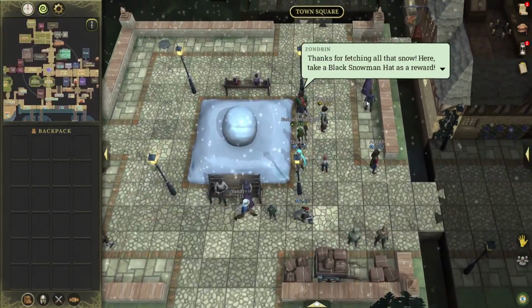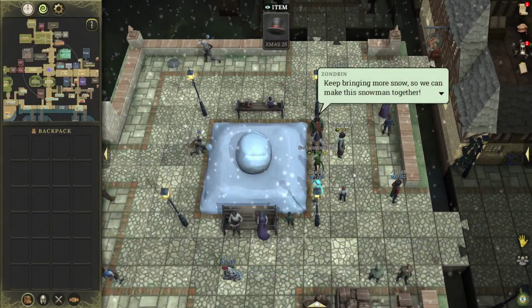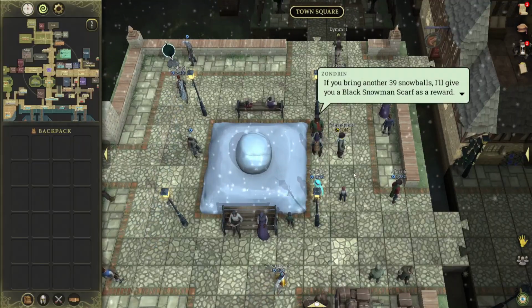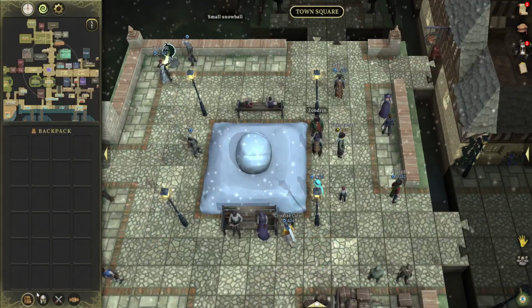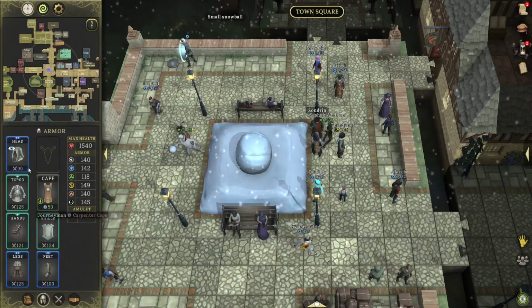Zandrin. As we're fetching all that snow, you take a black snowman hat as a reward. Keep bringing more snow so we make this snowman together. And at 39, I'll give you a black snowman scarf as a reward. And this is where it continues. We can go for...